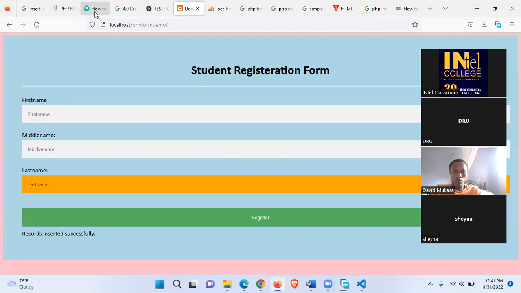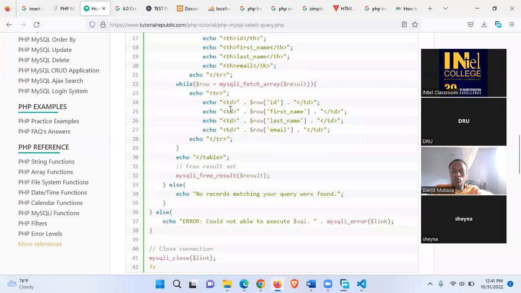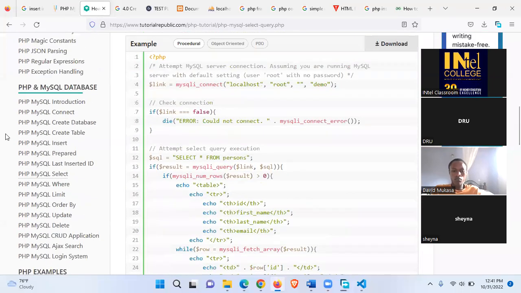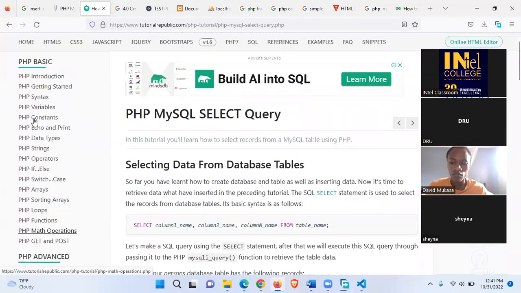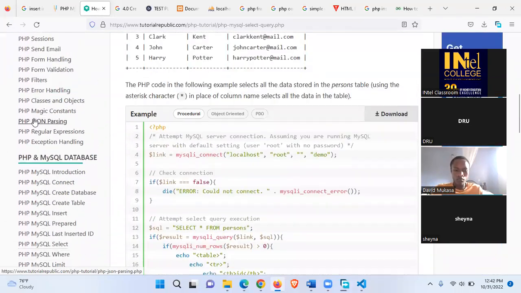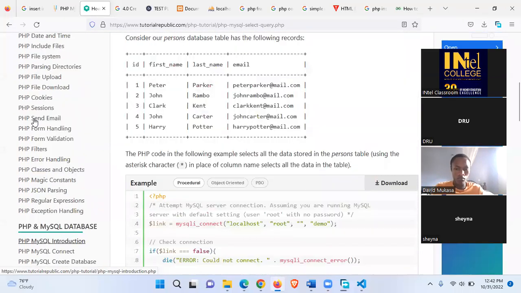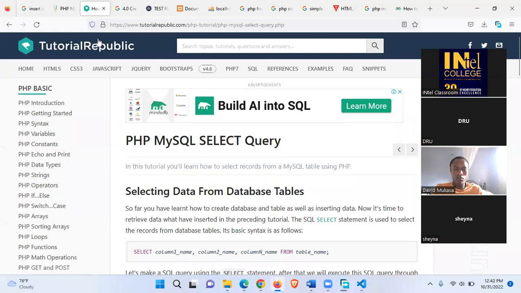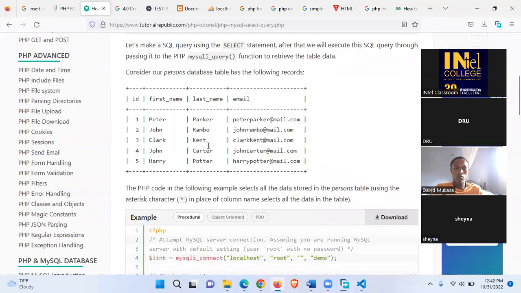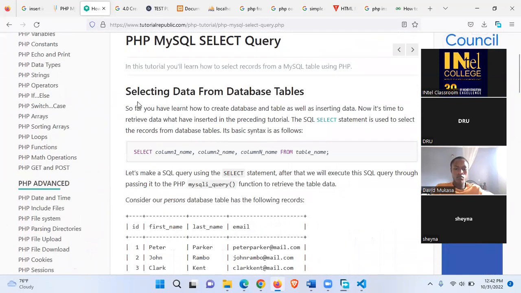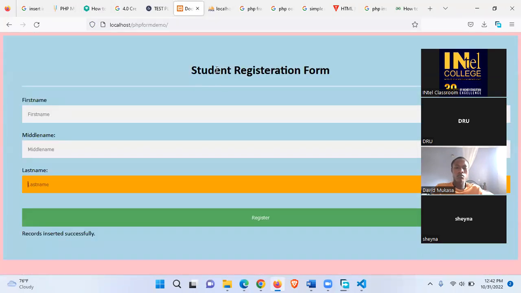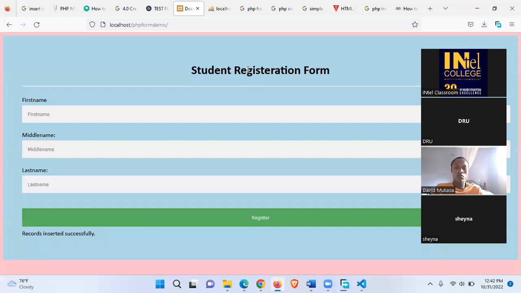To ensure that I'm able to do this, I said I'll be using this website. It has the explanation. If you want to understand PHP better, you can come and read the explanation on this website. I recommend it, Tutorial Republic. They have a clear explanation. What I want to show you now is, if you have a database which contains data, how can you retrieve it and show it